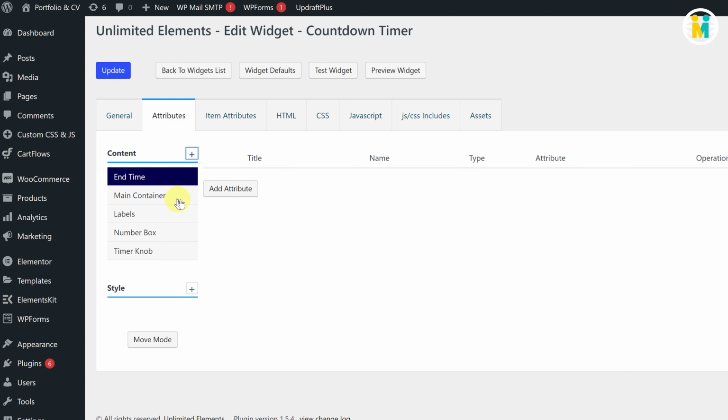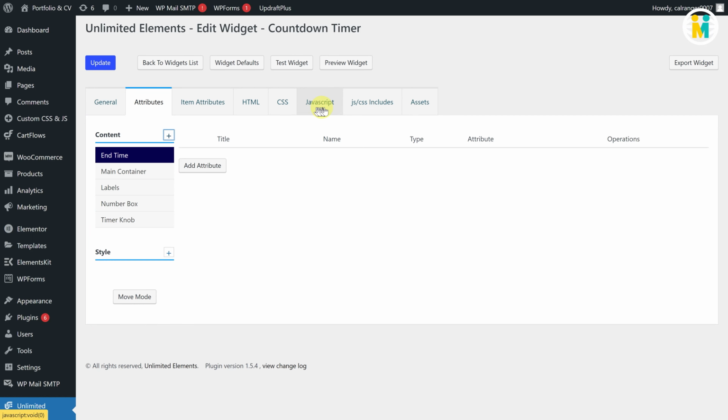Now let's create a few attributes for our setting section to understand the process of the attribute creation. In fact, let me create the target date and time input field, but before that let's see where and in what format our target date and time are required. Our target date code line must be written inside our JavaScript code snippet, so let's first switch to the JavaScript